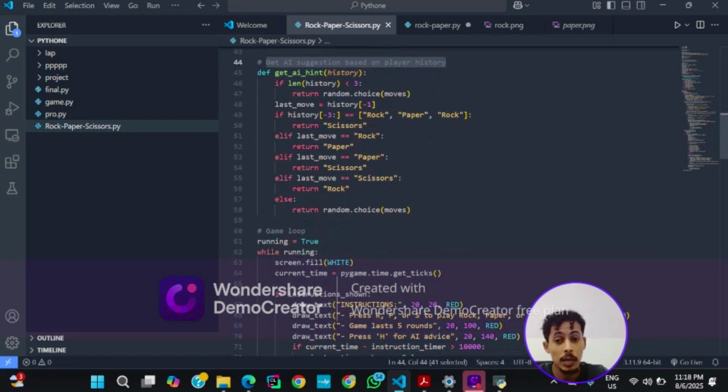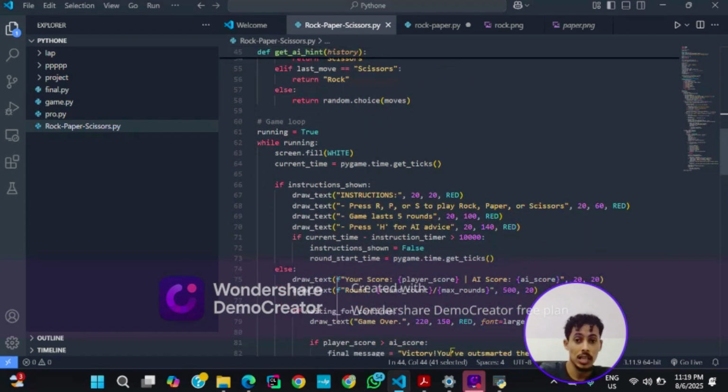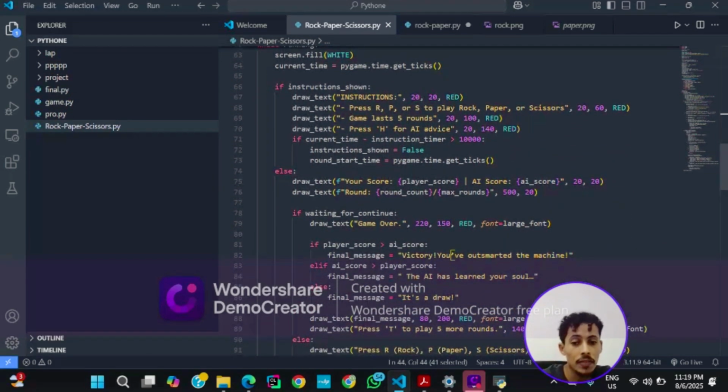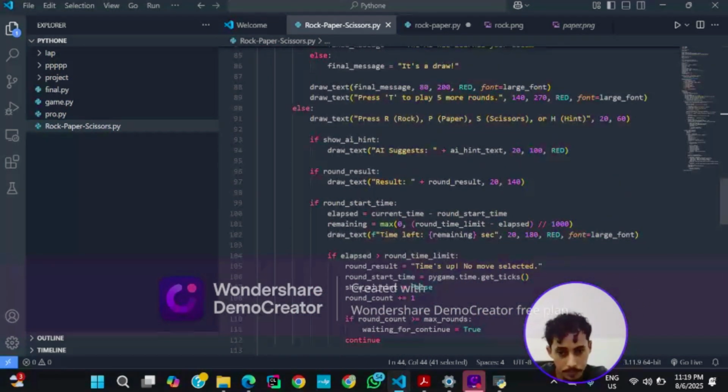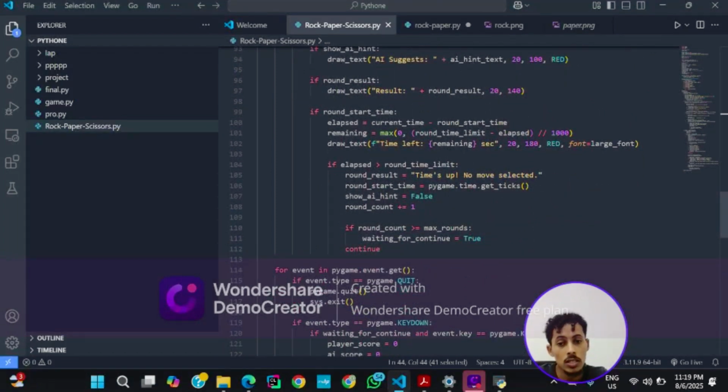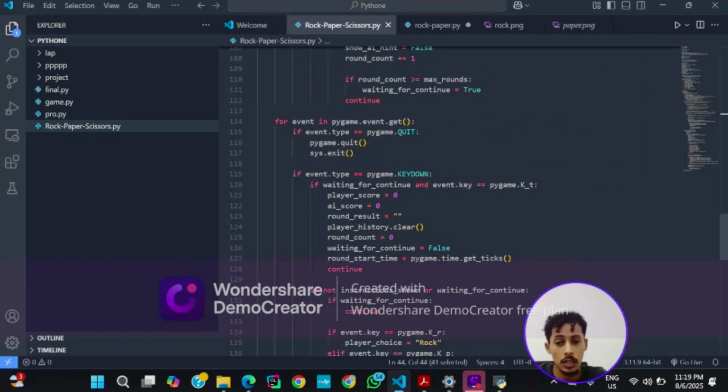Here is the game loop, while running is true, screen fill white. This is the if condition, the else condition also, and this is the loop for the game. This is to end the loop.